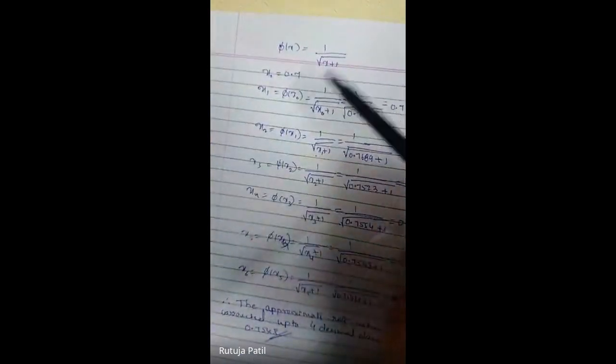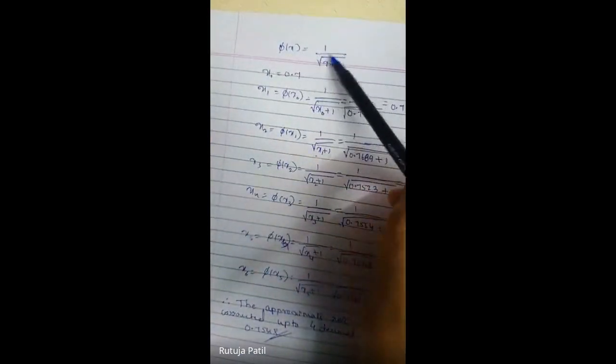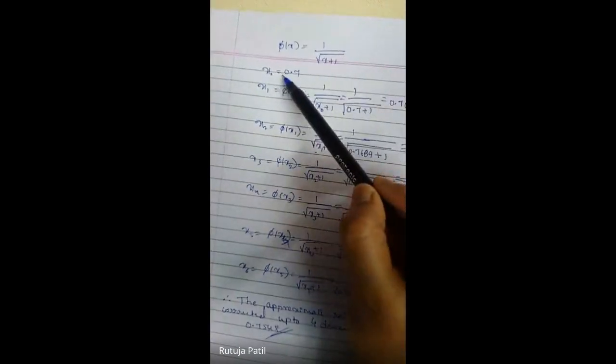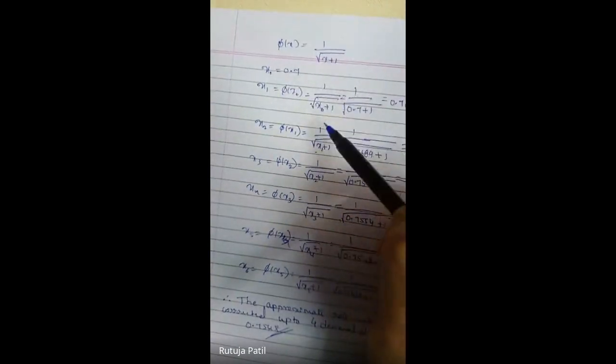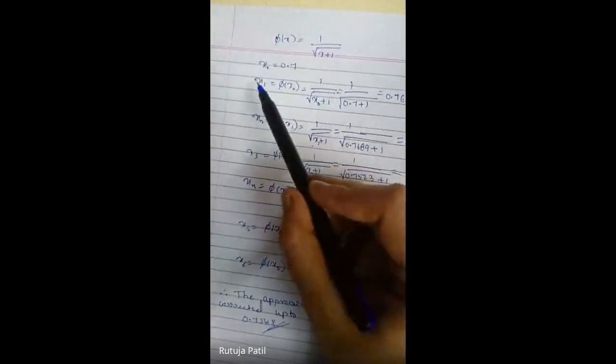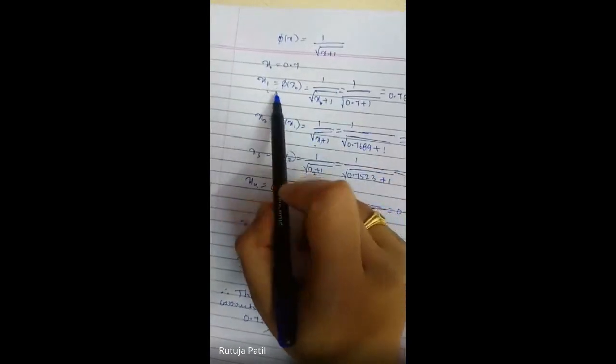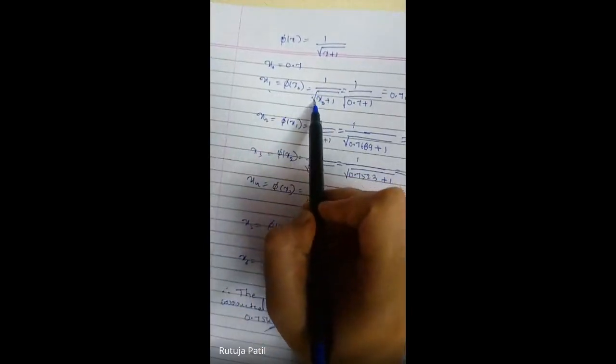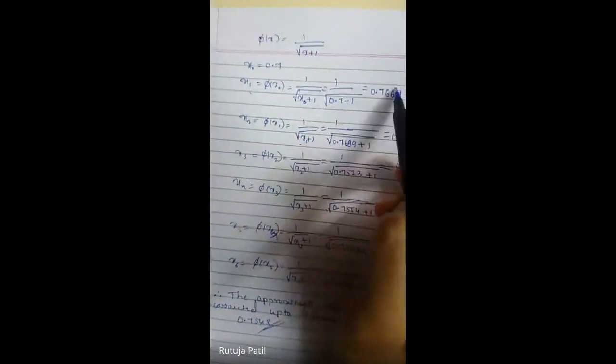And we have to substitute this in psi of x. So what is our psi of x? 1 divided by square root of x plus 1 is psi of x. This x naught value we have to substitute in this. Okay. So that is x1. If I want to find x1, I need to find psi of x naught. So when I substituted this x naught value, we have got here 0.7669.